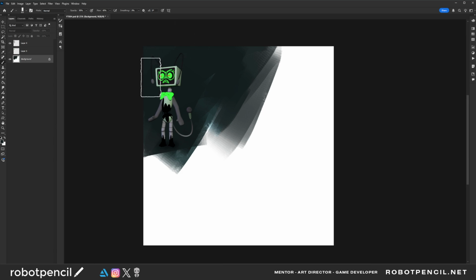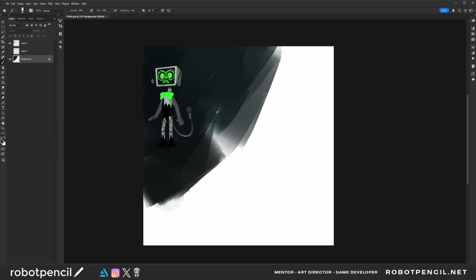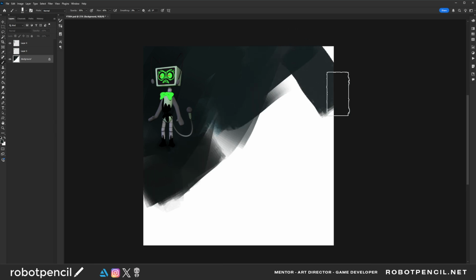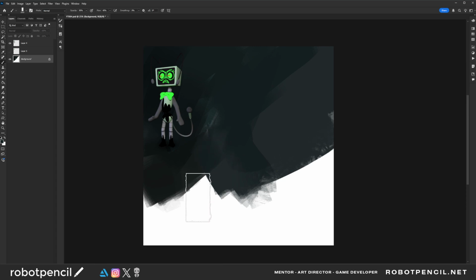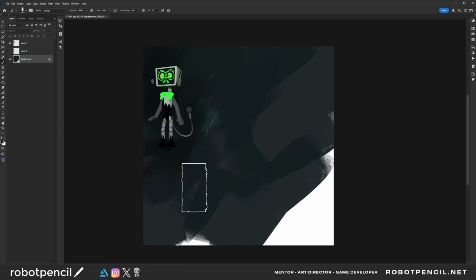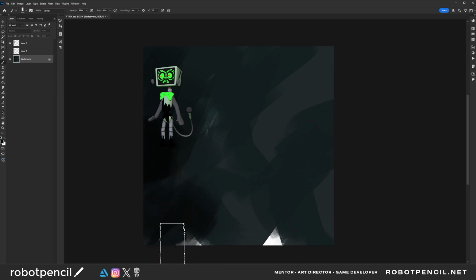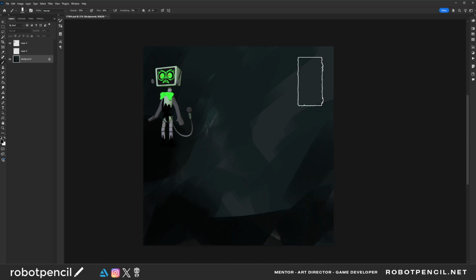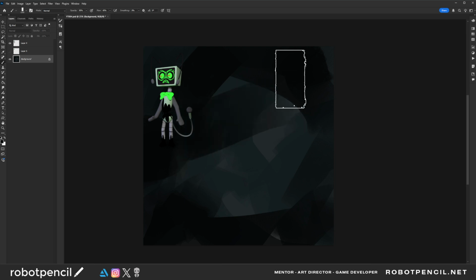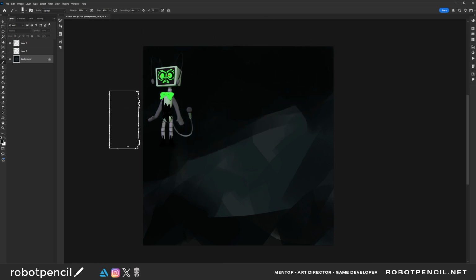But my daughter plays this game called Dandy's World, and it's this kind of fun little horror game that's on Roblox. And so I told her I would love to do a little fan art of one of her favorite characters in kind of my style. Since it's horror, I'm going to make it terrifying.